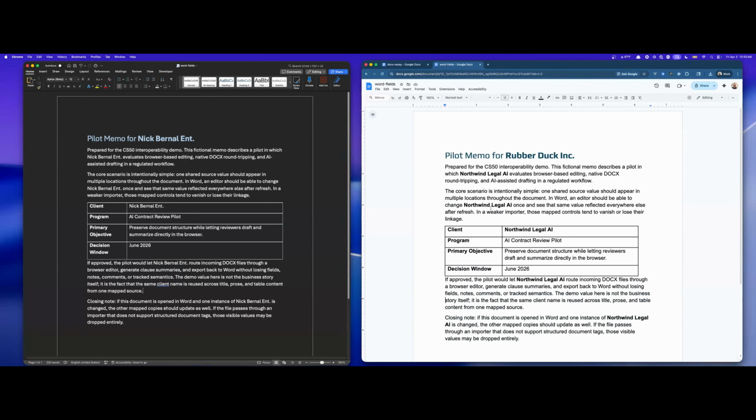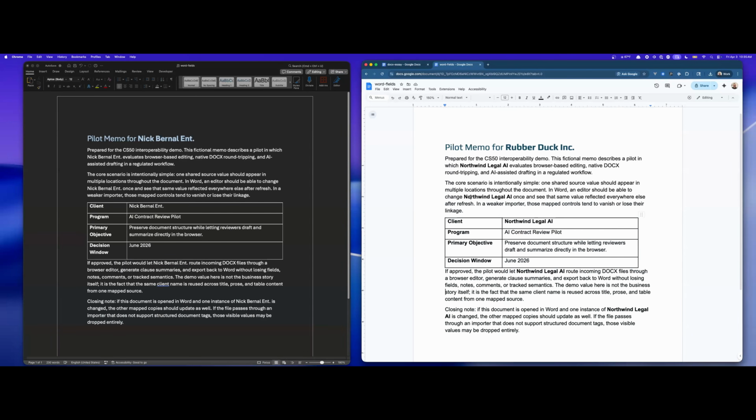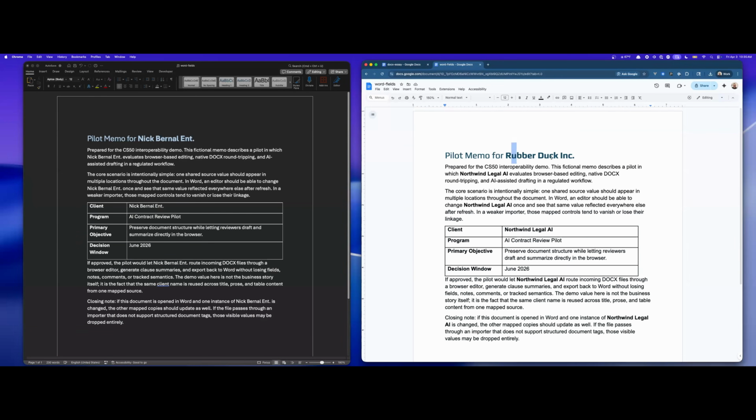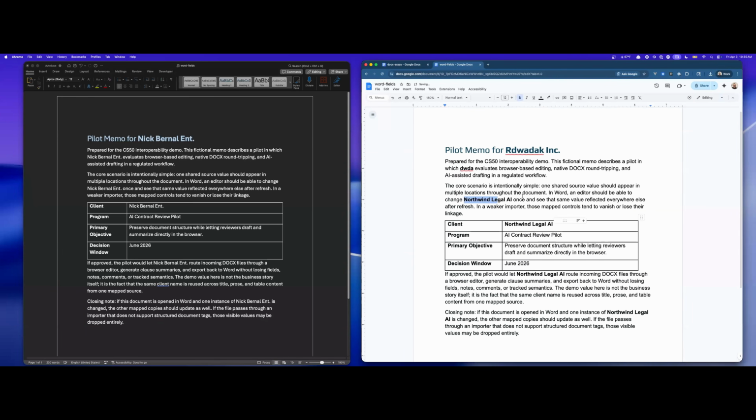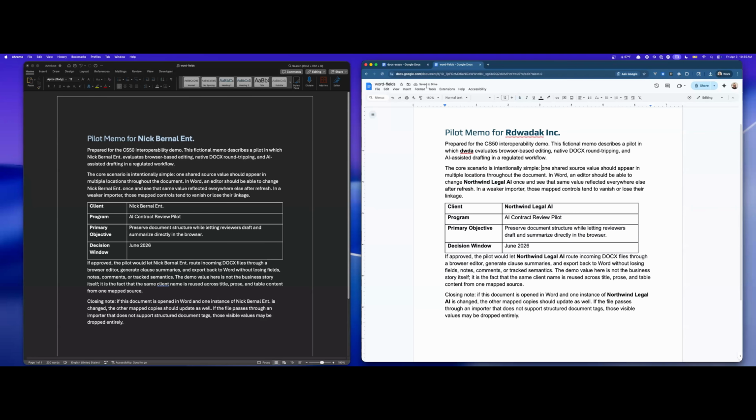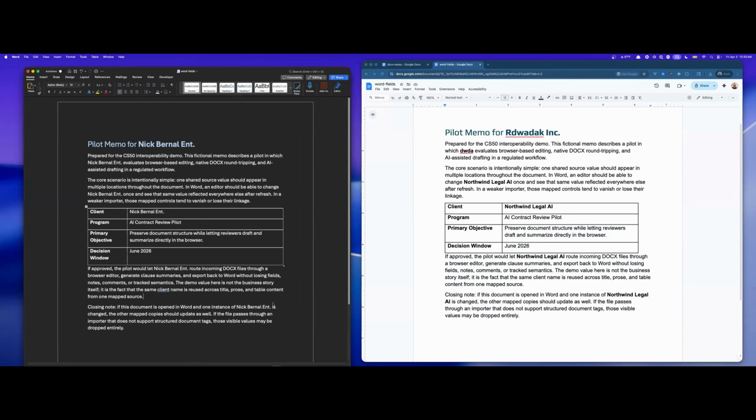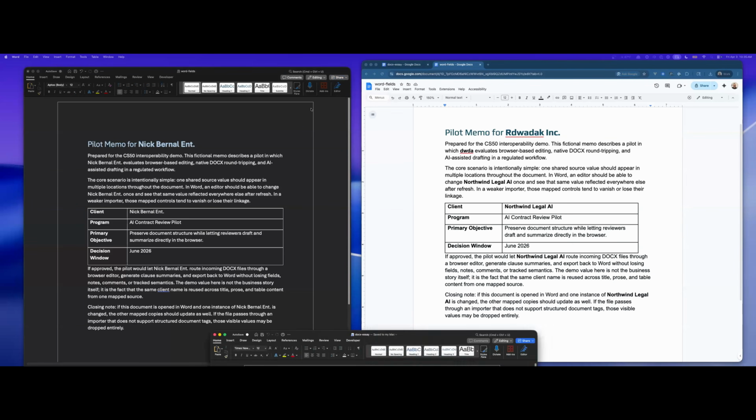But when I upload the same thing to Google Docs and I start making changes, nothing happens, right? You actually see from a previous demo that it's no longer coherent. It doesn't do the same things. And if I were to export this and then open it in Word, it's not going to do the same stuff. It's lost functionality. And that's just between those two apps. Now imagine if there were other apps that could take away other types of functionality.